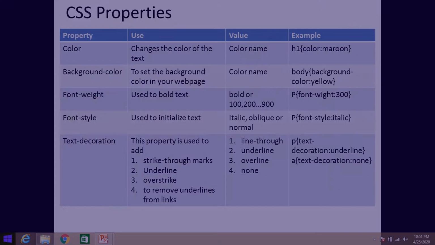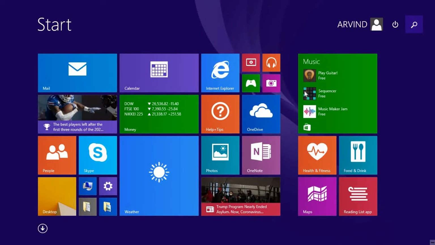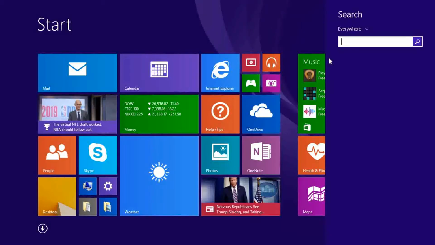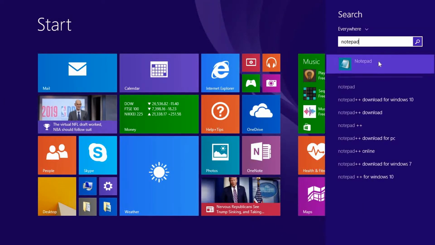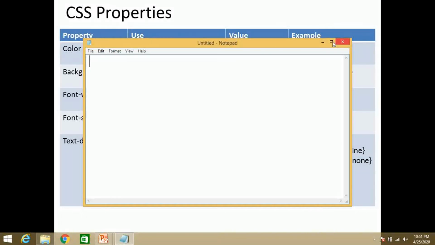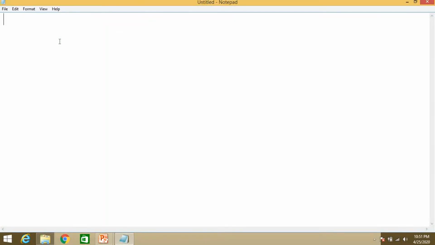We will start with Notepad. First, create an HTML file, which normally consists of exclamation doctype html.